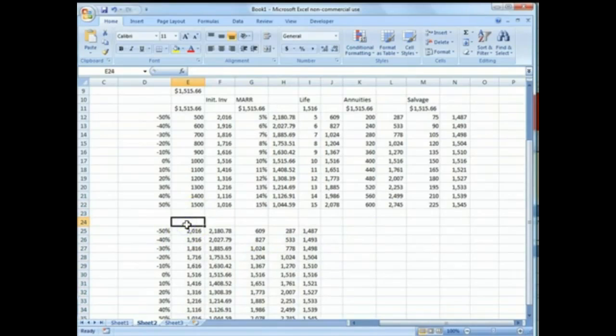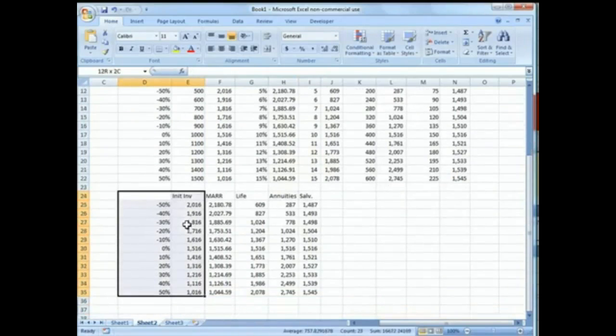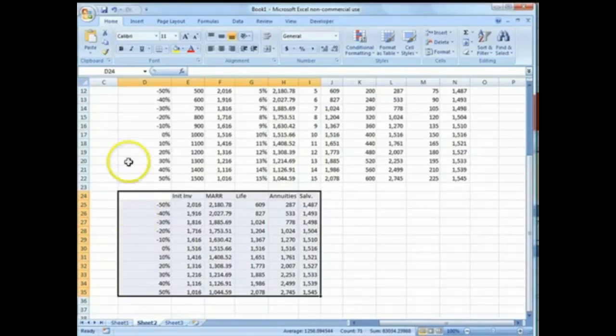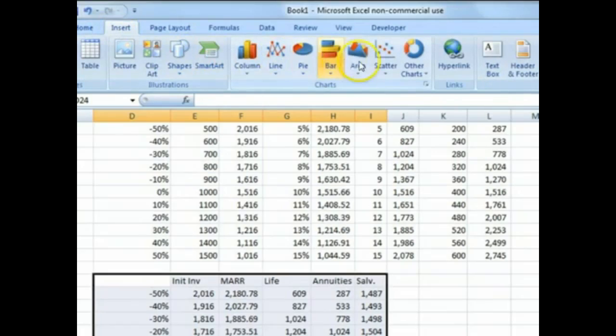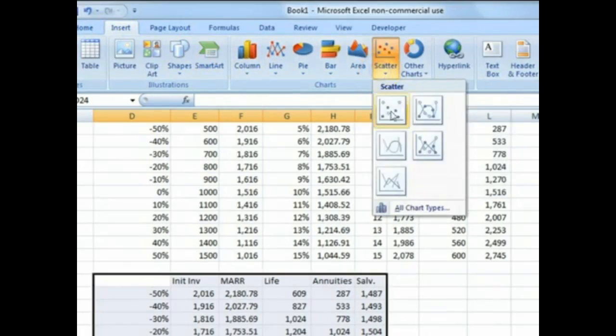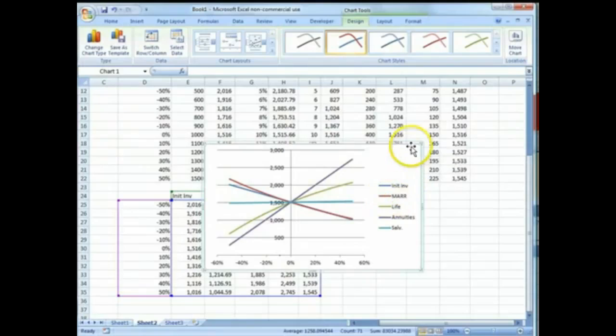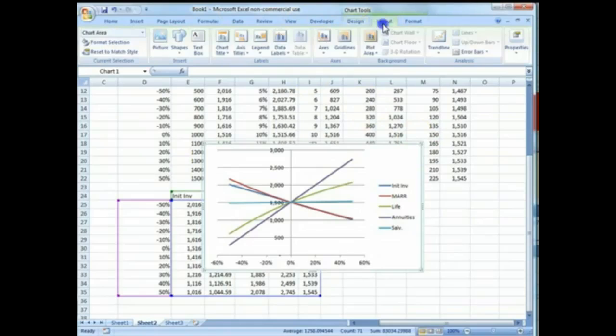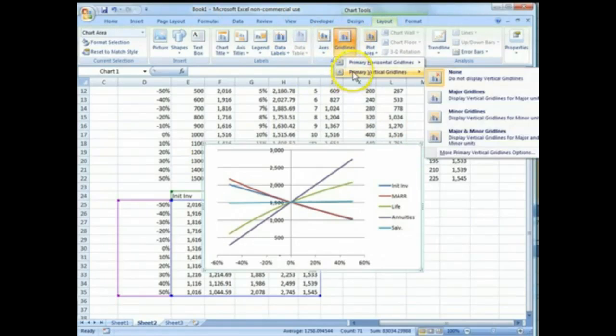So again, this is initial investment, attractive rate of return, the life, annuities, and salvage. And I can make a very nice graph now by selecting that, Insert, and I'm going to use scatter, and there you go. Now I can fully format this to have a very nice layout, grid lines,